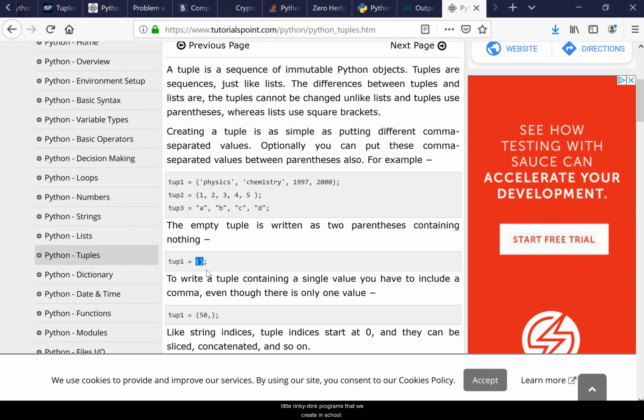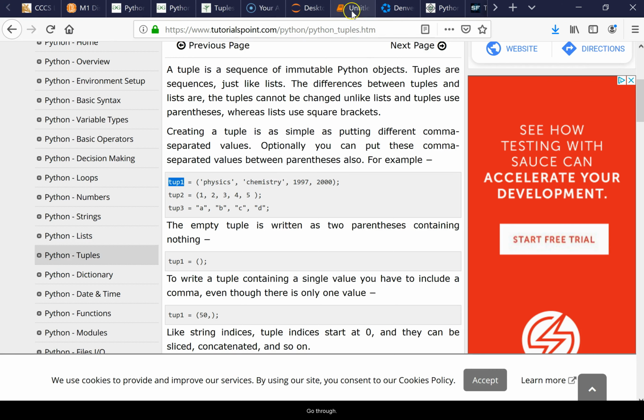At the same time, tuples are, if you're going through lots of data, more efficient than a list. So, with the little rinky dink programs that we create in school, you're not going to notice any improvement in speed, and you're not going to be working with enough variables, and the programs aren't going to be long enough to really care, because you probably just want to use a list. But in industry, it's hard keeping track of possibly hundreds or thousands of variables, and so if you want them not to change, make them a tuple, okay? So